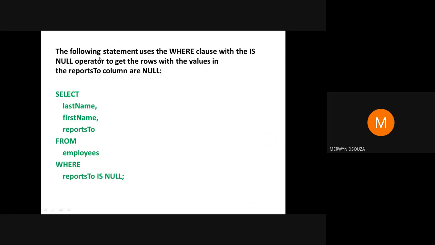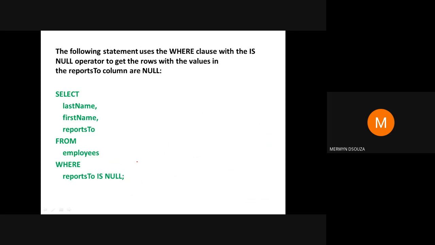So we could write a query to get all the rows where the reports to column is null. We will write: select last name, first name, reports to from the table employees where reports to is null. This means you're basically selecting the highest authority from the employees table.